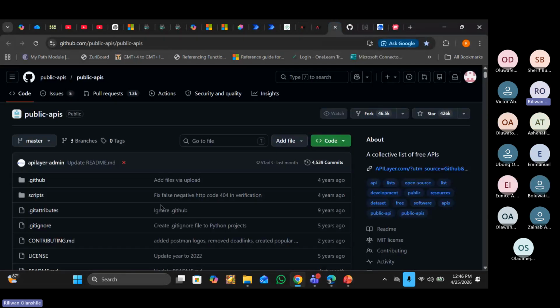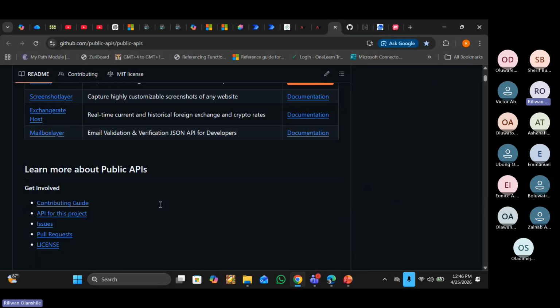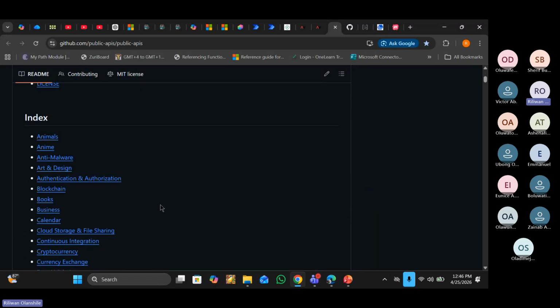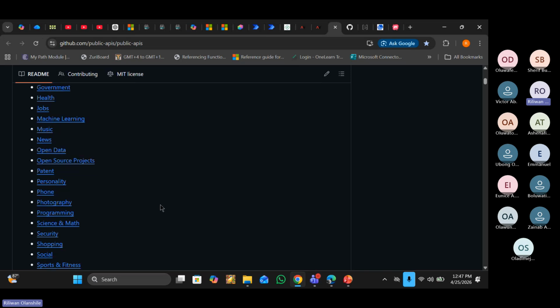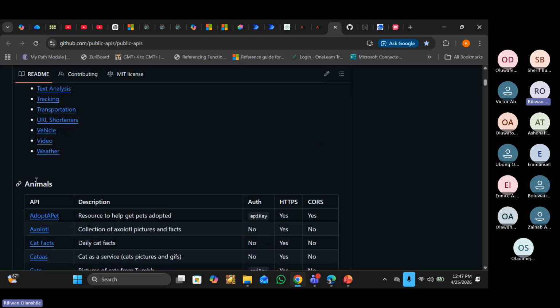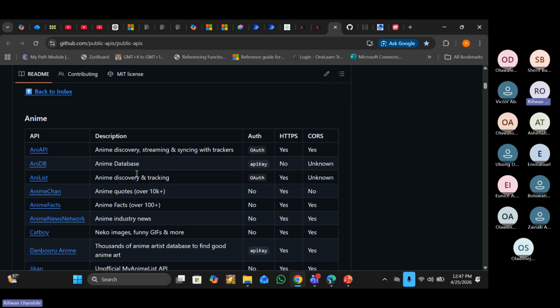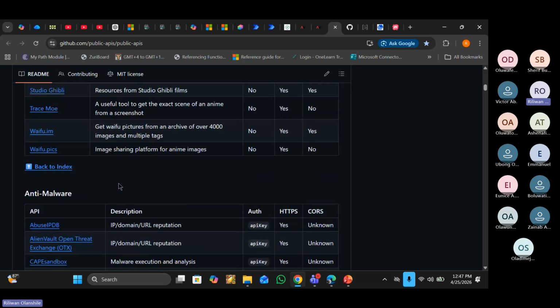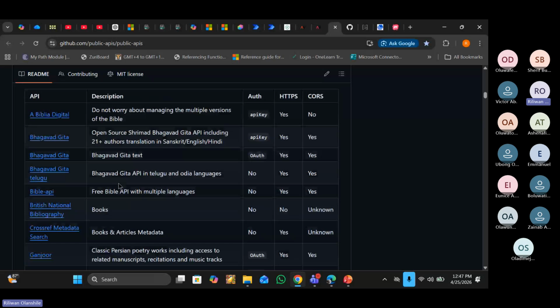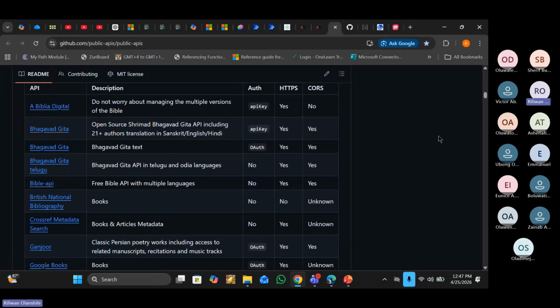Now, there's also another one by GitHub. It's a massive API library that, when I look at it, always makes me happy because I can test and play around with quite a number of them. We have APIs about animals, if you want to call APIs about animals and use them for whatever. So basically it's alphabetical, right? We have a whole lot in this library. I've kept it for a very, very long time, and I always use it. Back when I was learning custom connectors, this was one of the ones that helped me learn custom connectors. You can find some online, but I think this is fine for me.